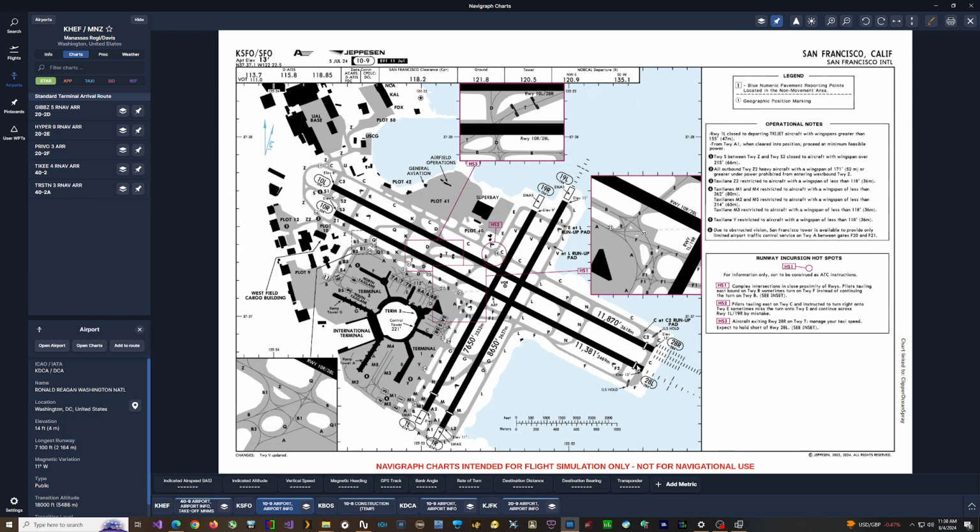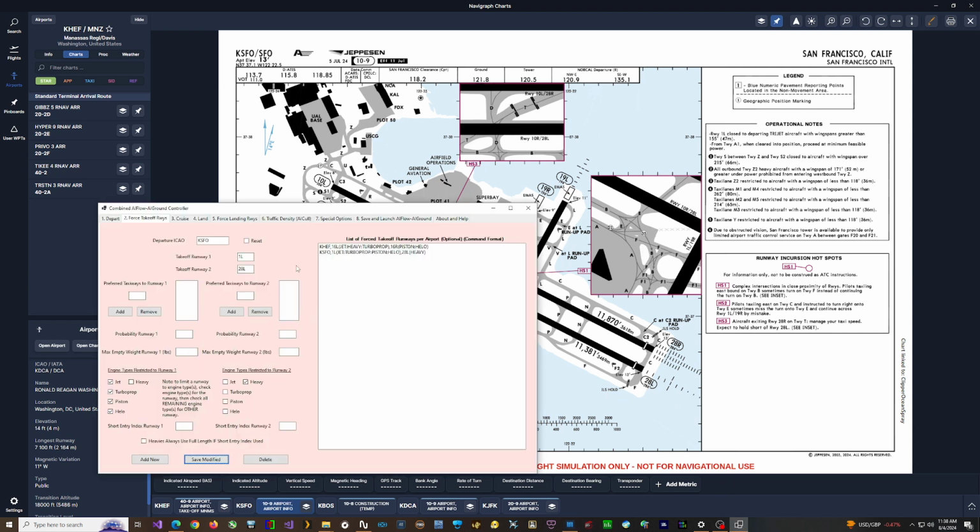Okay, so the heavies are going to taxi to 28 left and take off. All the remaining aircraft are going to taxi to 1 left. Now I could tweak this a little bit further, since 28 left is being used for heavy departures, which at San Francisco there's quite a bit of heavy international traffic. So I could bias 28 right to be used more for landings, and still use 28 left a bit for landings. So what I can do is go back to the forced landing section, tab 5,